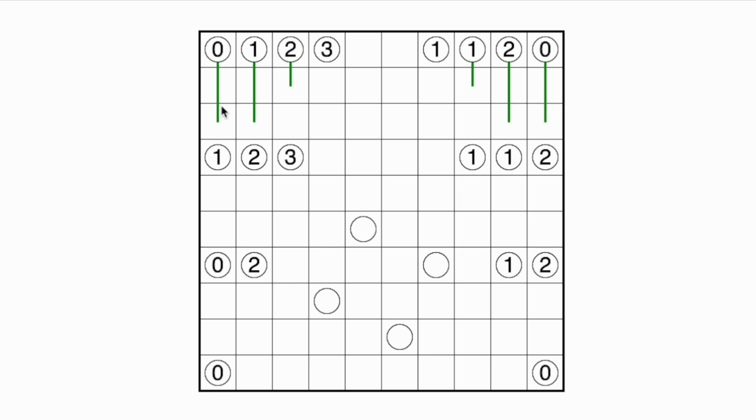And this 0 and this 0, in both cases, I guess we didn't really need that 0 in there. An empty circle would have sufficed because there's nowhere else for those to go. So that is done. I'm going to use a little X at the end to indicate that a clue has reached its end point. The 1 clue is long enough but hasn't turned yet, so it's going to turn there. And